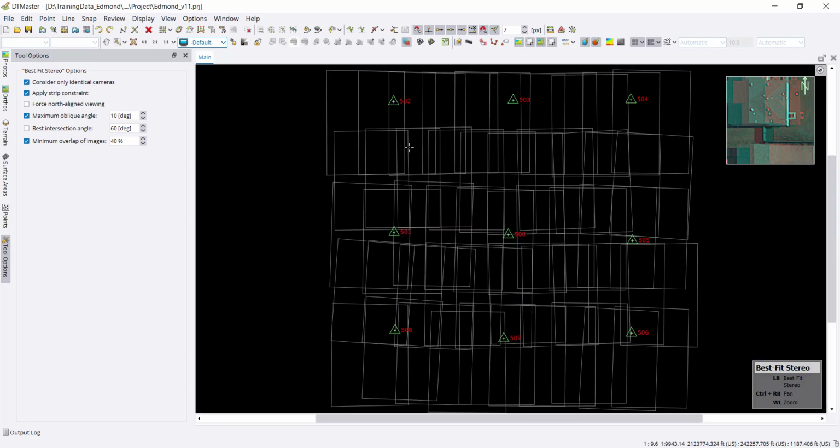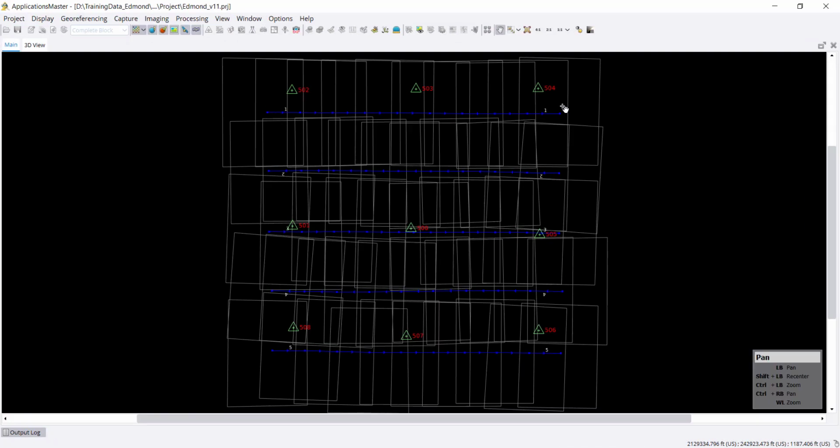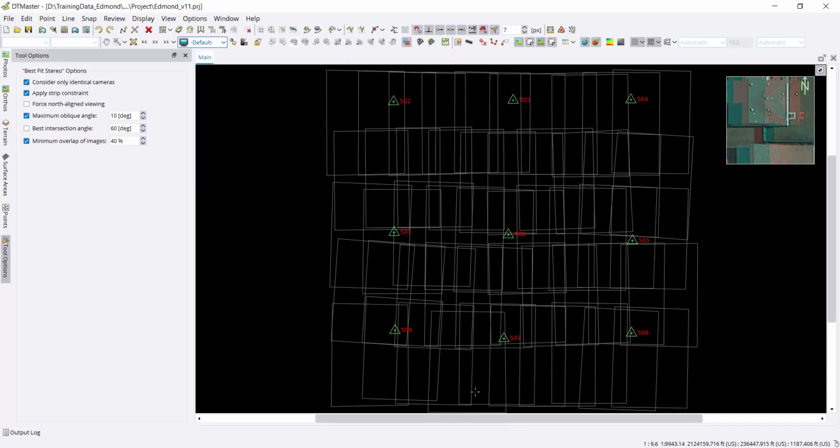If I go into this overlap part and I have the strip constraint activated, then a stereo model can only be defined from images coming from the same strip. In our case, we have strips defined. We can see this is one strip, this is one strip, this one, this one, and this one. So if I go in DTMaster and click into this area, only images from one strip can be chosen. I click in, and then I get as a stereo model the image pair